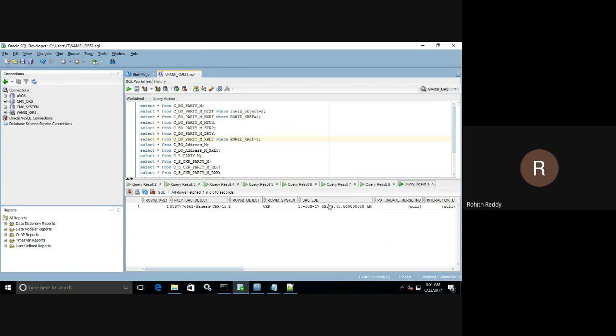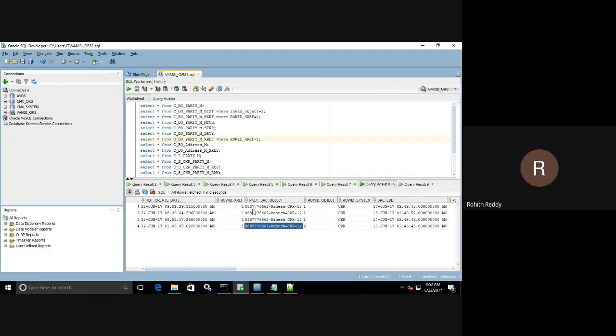Okay, now you got it, right? What's the difference between xref, hxref, and history table? Xref holds the data of all source systems. If we have five source systems, data from all five will be present, unique with the combination of pk source object and row id system. If we get the same pk source object but a different row id system, then it makes one more entry. But at the hxref level, if we get updates on the same record, one more entry